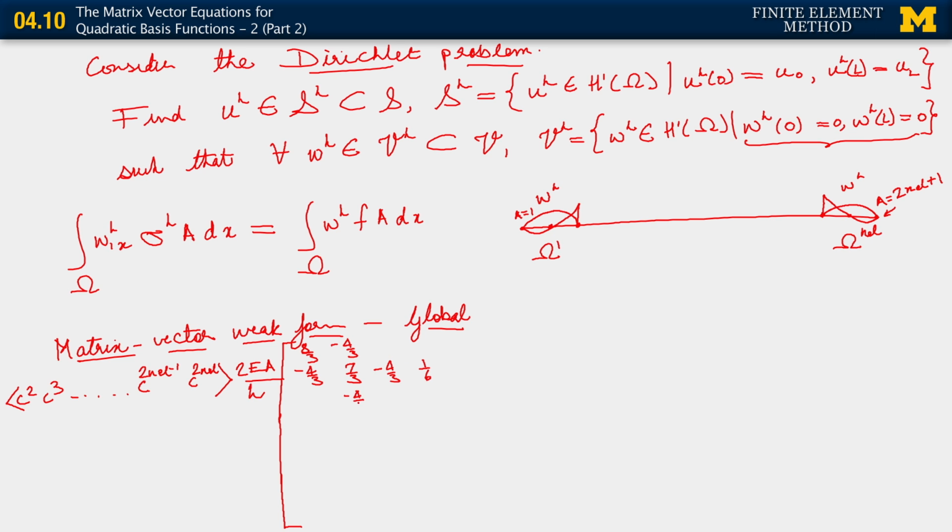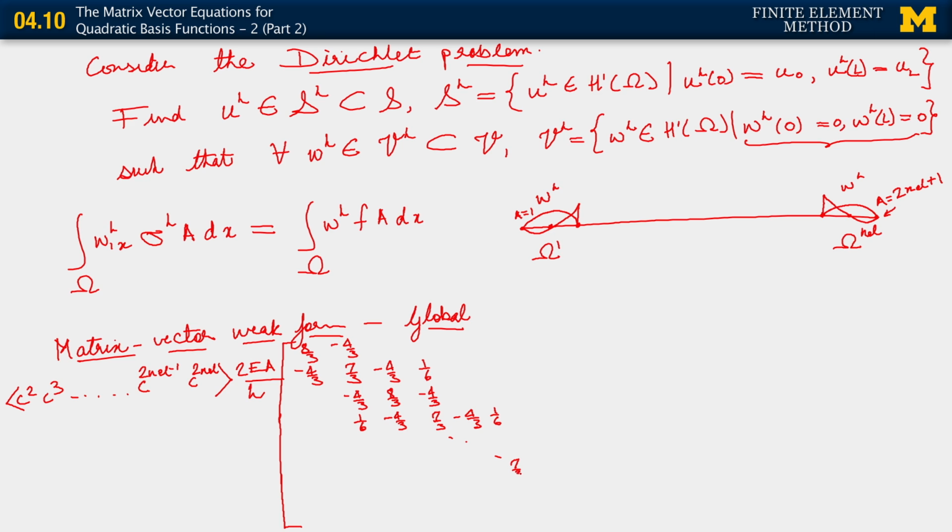Minus 4 over 3, 8 over 3, minus 4 over 3, 1 over 6, minus 4 over 3, 7 over 3, and so on. Of course, here we know that we get some more terms, right, and so on, except that when we come all the way down here, for the last element we